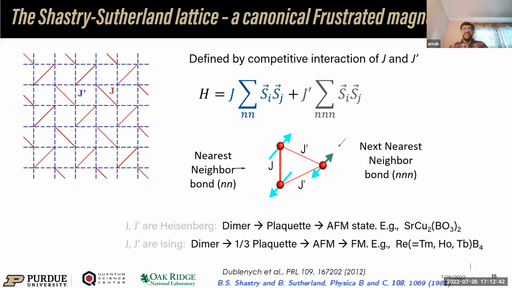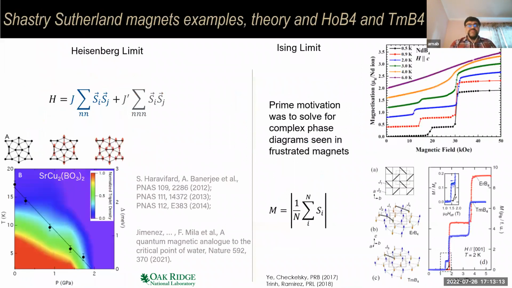Now, when you apply a field, that field tries to ultimately push all the spins in a certain direction and have a ferromagnet, but it happens through several more interesting phases, which look like magnetization plateaus. In the Heisenberg model, you see the magnetization plateaus as well, but you can also see them in the Ising model, where you see these 1/3 magnetization plateaus. So the question is, do we see that? And this problem also has no sign problem in